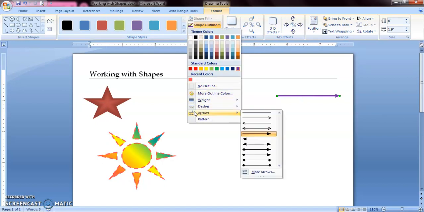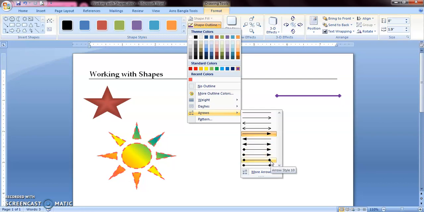So inside the arrow option, as you can see, this is the default option already selected, which shows the arrowhead in the rightward direction. So you can change it to the left or you can make it a both-way arrow. This is a thicker line. You can make it this or this, and there are also some more arrow style options.